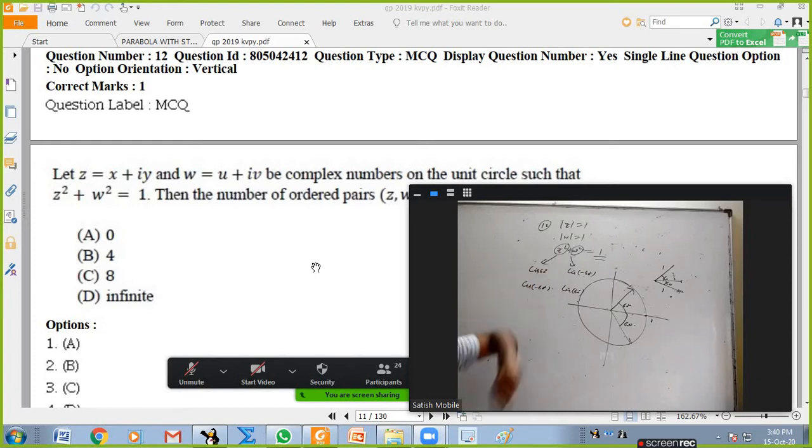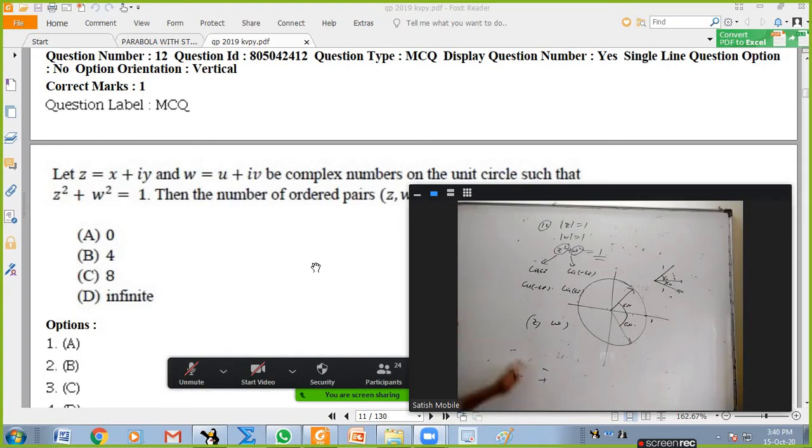There will be two choices for w. Right? Okay, so how many pairs of z and w will I get here? From this I'll get cis 30. From this I'll get cis minus 30. Or I can take minus cis 30, minus cis minus 30. Or plus here, minus here, plus here. So I'll get four choices. For z, plus or minus cis 30. For w, plus or minus cis 30 with the minus angle. Two choices for this, two choices for this. According to your permutation combination, 2 into 2, 4 cases. Similarly, when I take this and this, all those four reversed, there will be 8 cases. That's it, because z and w can be interchanged. So I'll get 8 solutions.